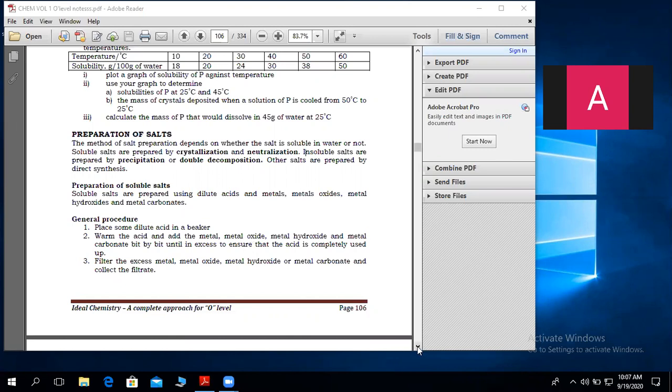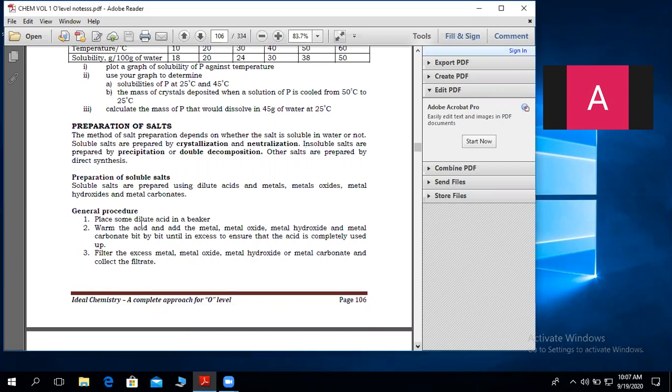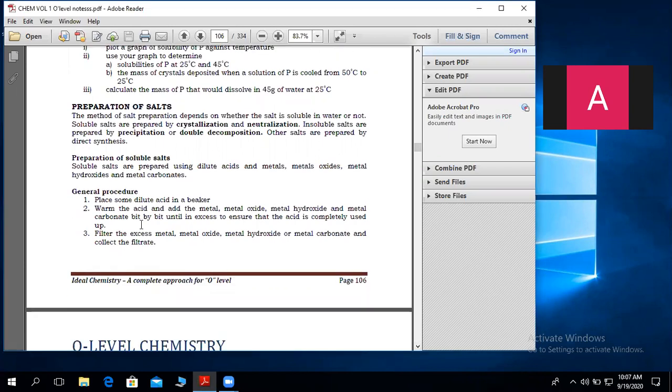The general methods of preparation of salts. Having known that the salt is soluble or insoluble, here we are first looking at preparation of soluble salts. Soluble salts are prepared by action of acid. The choice of acid depends on the salt that you are preparing. The assignment I gave you, I was very surprised when one of you used